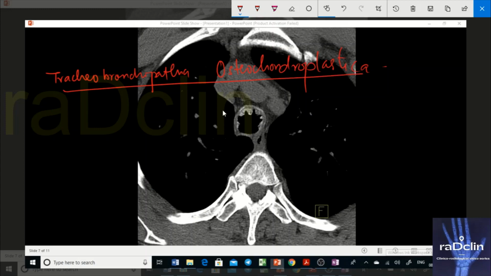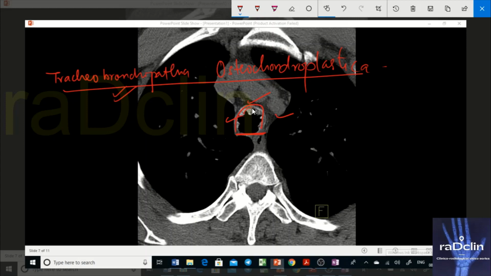Okay, that may come up in the exam. You are seeing sparing of the posterior tracheal membrane, and you are seeing the anterior and bilateral walls of the trachea showing nodular thickening involving the mucosal space. You should think of this. Rather, had it been relapsing polychondritis, it would have been a smooth thickening. That is more important, and there would have been a history of other cartilages also being affected. So this is basically submucosal, and it is calcified.